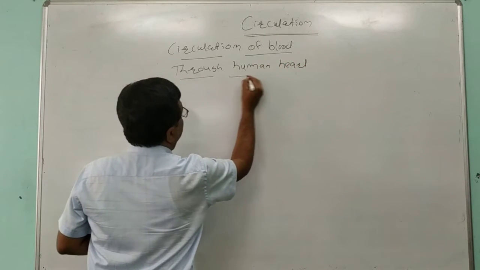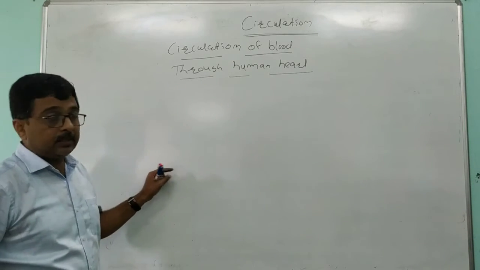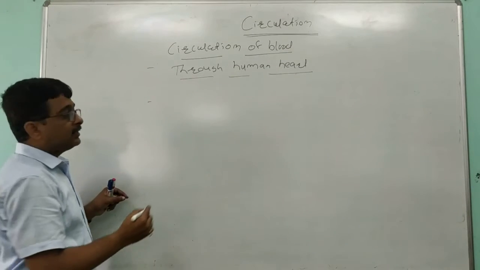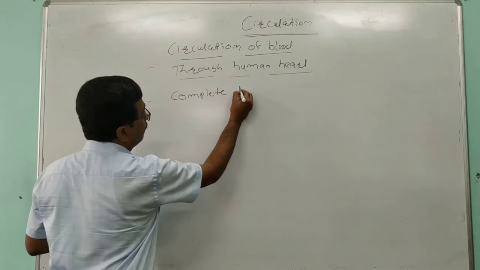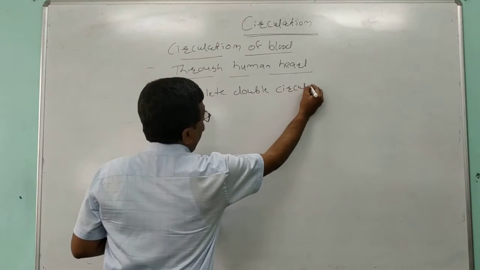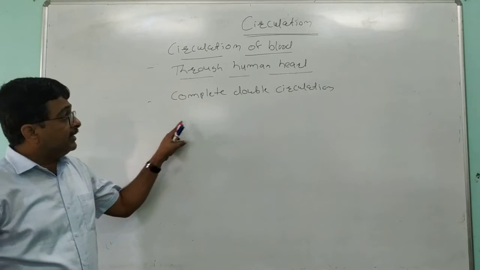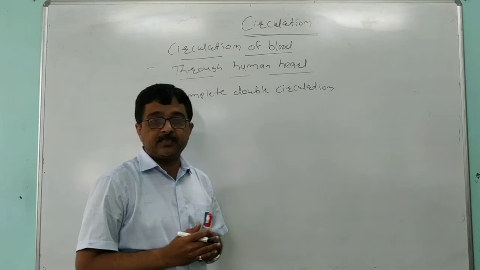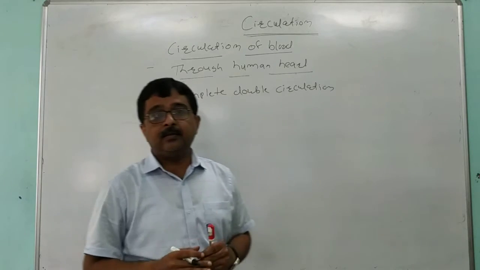In human beings, there is a complete double circulation. So the circulation of blood through the human heart is a complete double circulation. Now what do we mean by complete double circulation? It means that in the heart of human beings, the blood is completely separated, and from the